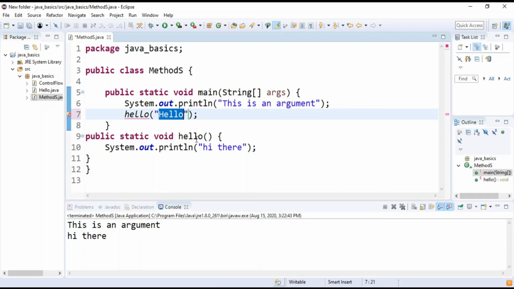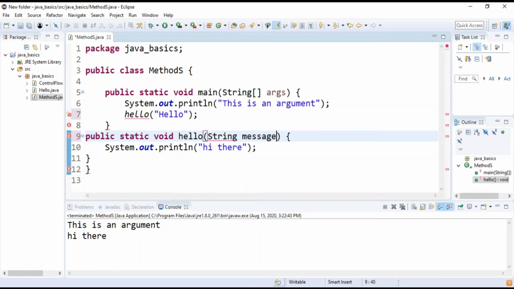So to resolve this error, we will write here string message. Okay, so whatever we pass here would come in this message, and here rather than hi there we will print message, right?